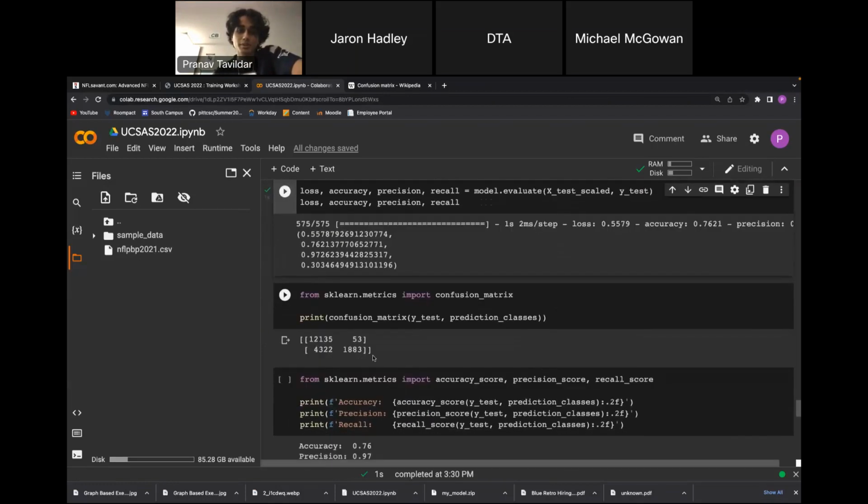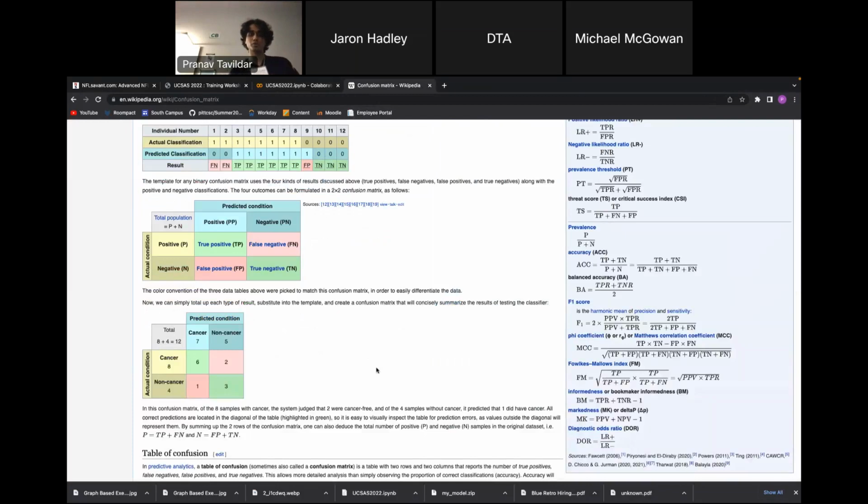Okay, so this is something called a confusion matrix, which proves that a bit more. This is a diagram of how a confusion matrix works. Remember how we have a binary output, right? We're saying that it's successful or it's not successful, 1 or 0. So it could either be true or false, and this is basically how it works.